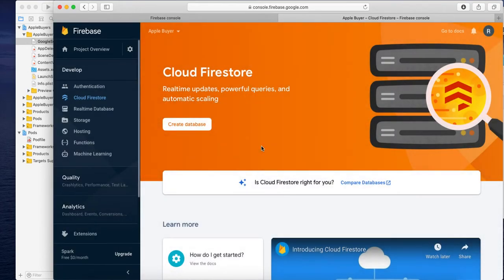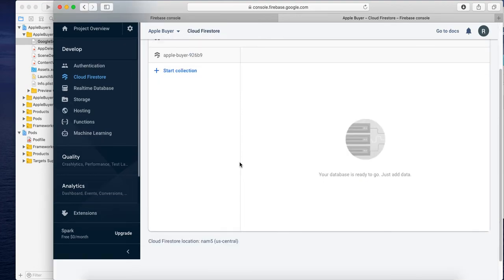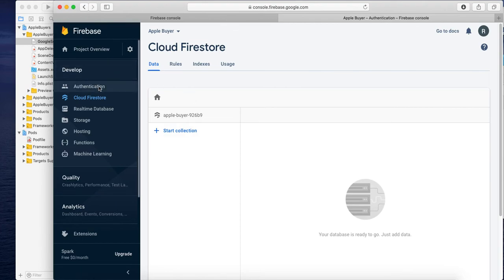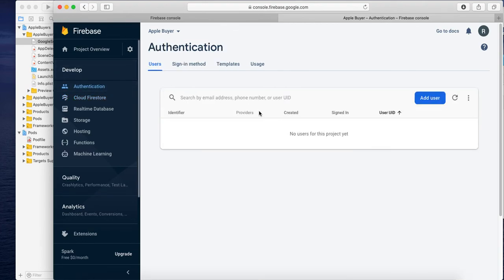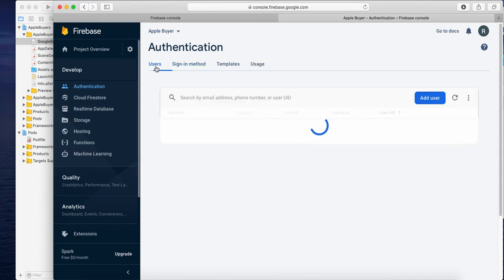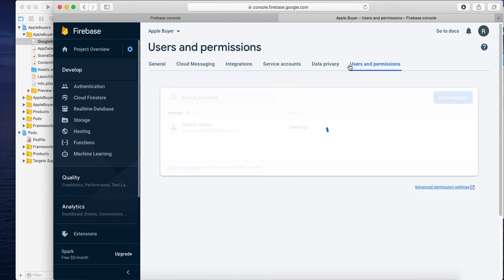So it will be great for us to handle the database with Cloud Firestore. So we have all set up. We have some sign-in methods here for the app, and here the users who log in to the app will be shown. Now everything is set up.